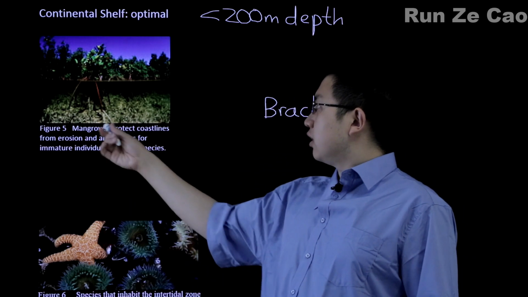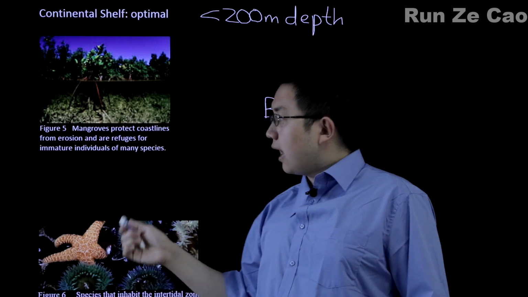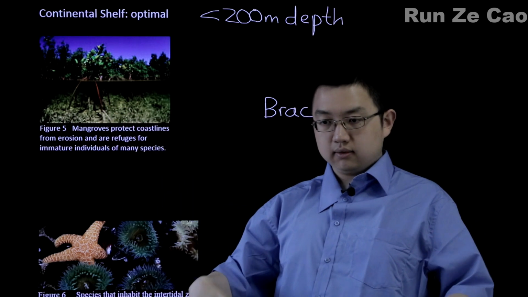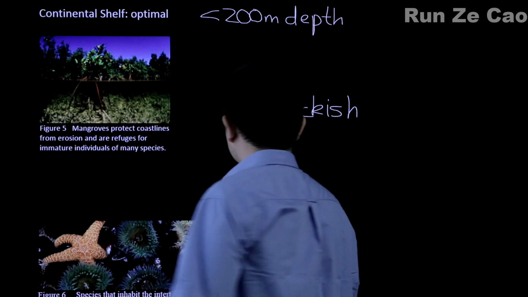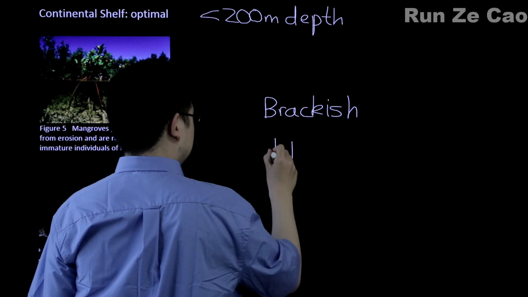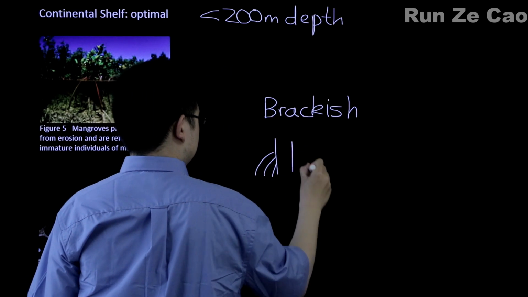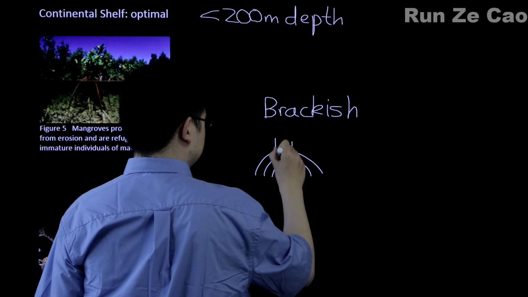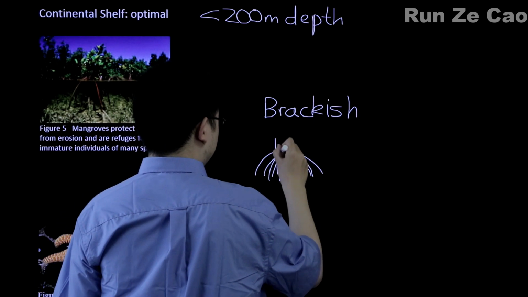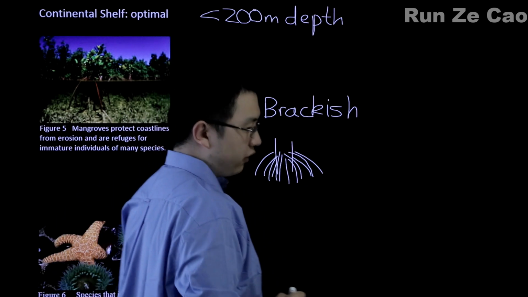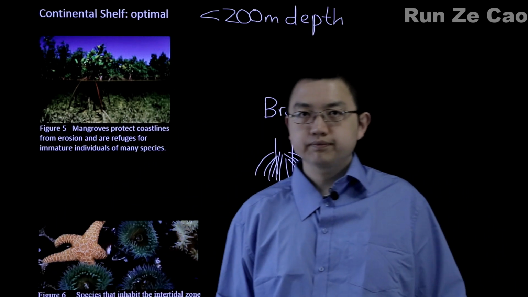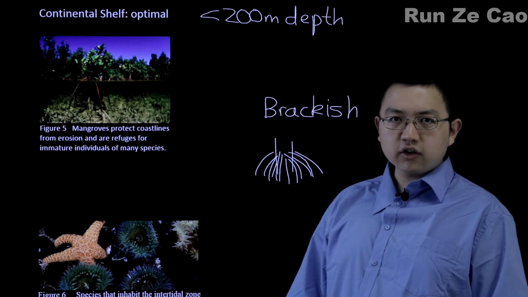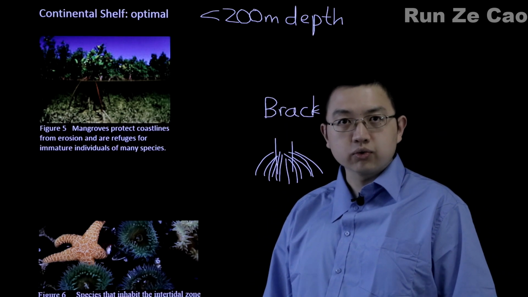Which means that they have their own niche tolerating this water, and their roots, which are like tented, something like this, their roots provide lots of shelter for various organisms, especially, say, young fish. So mangrove forests are very important for fisheries. Well, some fisheries. They also protect the coastline from eroding too quickly.